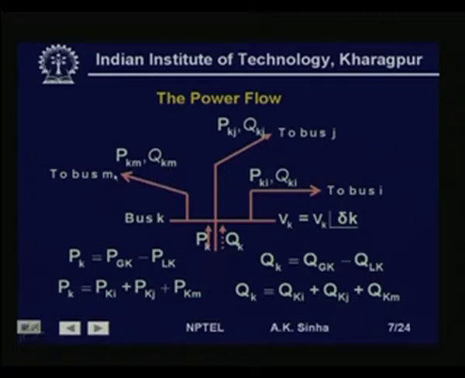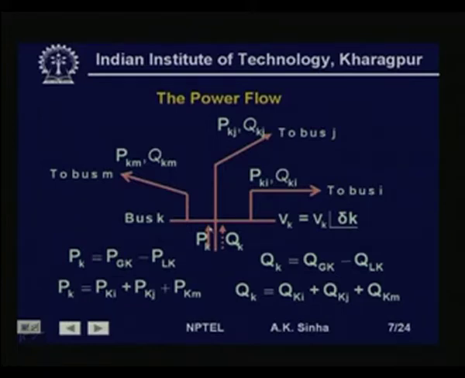Pkj, Qkj to bus j, and Pkm, Qkm to bus m. Now, some of these powers may be in the reverse direction, that is, they may be coming from, say, bus j to bus k. In that case, the values of Pkj and Qkj will be negative. So, we have here, let us say, all these are the values of real and reactive power flowing on the line,